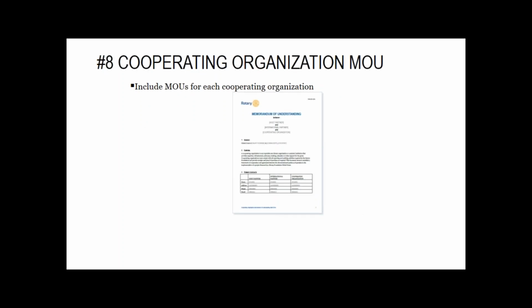Okay, you have to identify your cooperating organizations, and then there is an MOU for each cooperating organization, and you tailor it to your specific grant application. So you make sure you're very clear on who's going to do what, when, how, who's responsible for what. That's so important. In our issue brought up by Bill McCarthy, there is a component in the MOU with the host partner stating that the host district could pick up, right? So they bear some responsibility. We need to have that very, very clear.